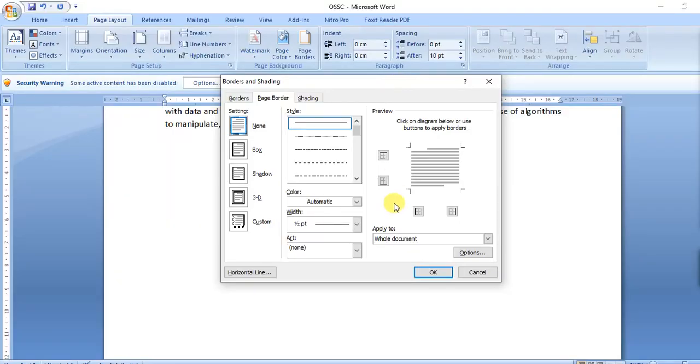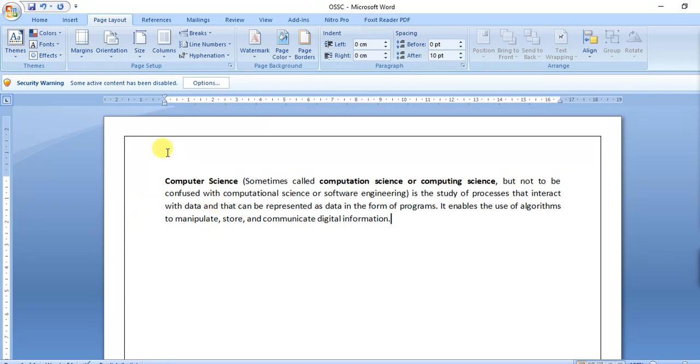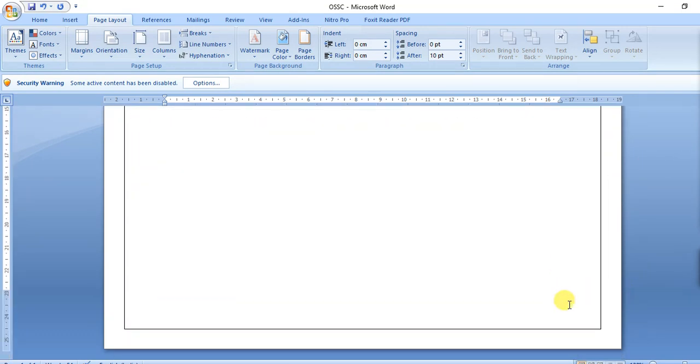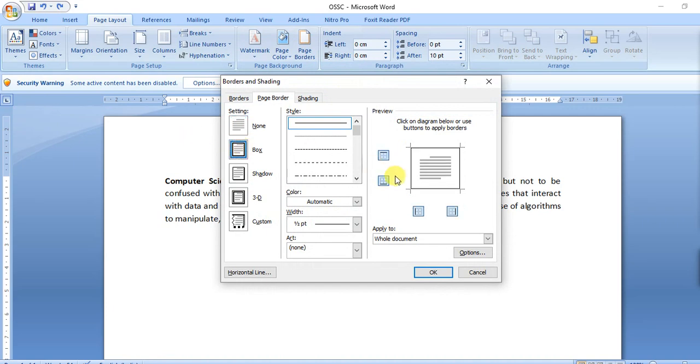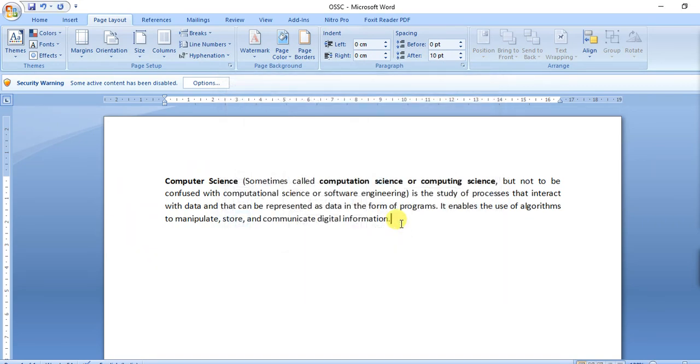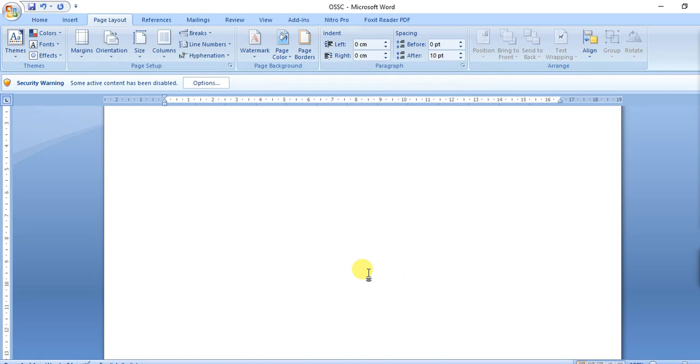How could you do that? Suppose I take this one. If I apply it, it will provide a border in all directions. Remember that. Then I am showing how to do it. Insert page borders, then select this. We have to deselect these sides by clicking here, here, here. You can watch here that we just made that.